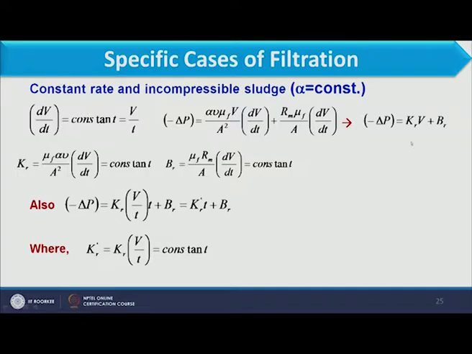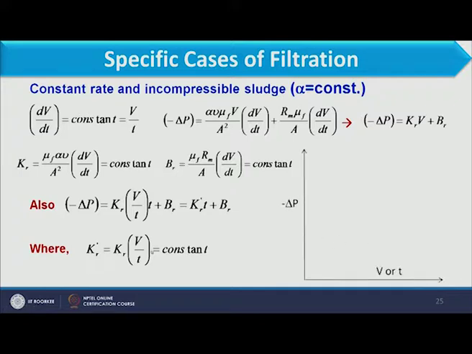So further, here we have Kr V plus Br. When we divide and multiply this V with time, that should be V by T into T. So V by T would be a constant. Collecting these constants, that is Kr and V by T, we have denoted another constant, that is Kr dash, into T plus Br. So here you see we have pressure drop with respect to volume when we have not considered T, and we have pressure drop with respect to time when we have considered V by T.